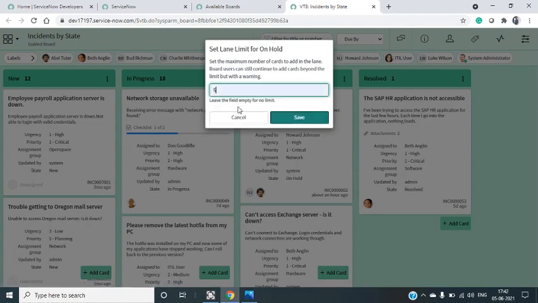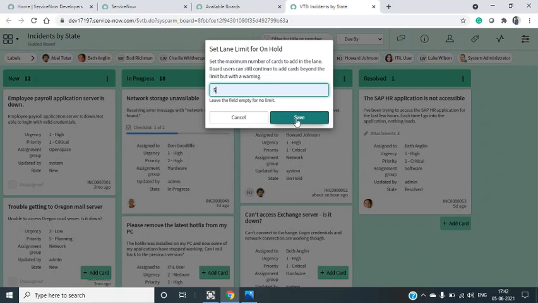as 5. If you see the comment mentioned here, setting up the maximum number of cards to add in the lane, users can still continue to add the cards beyond the limit but with a warning. It will throw the warning but still it allows us to move the cards from one lane to another lane.